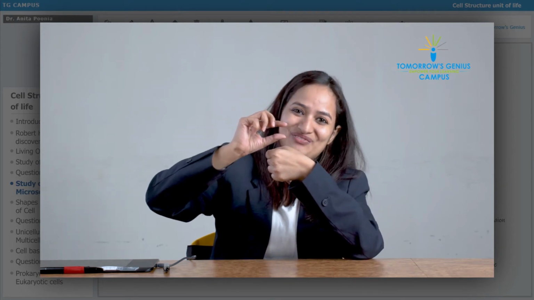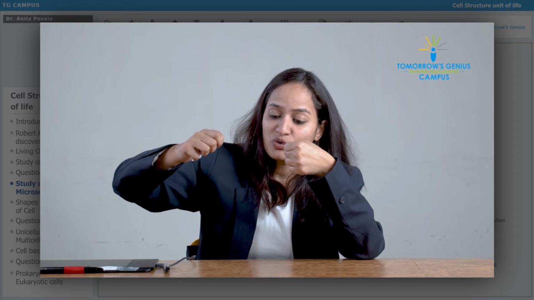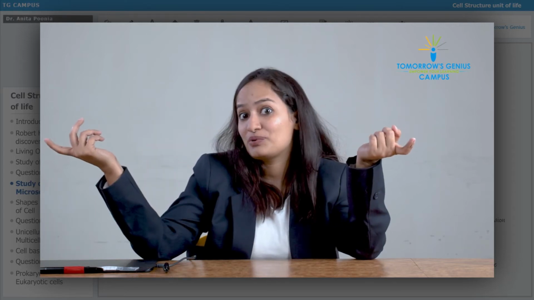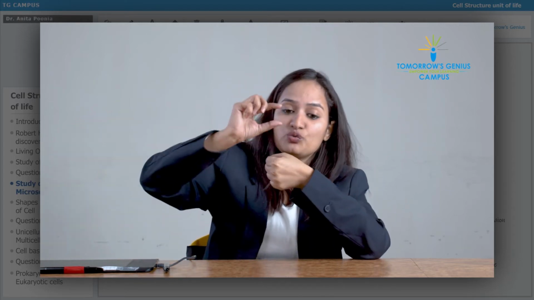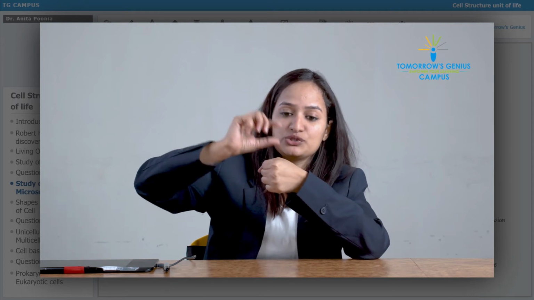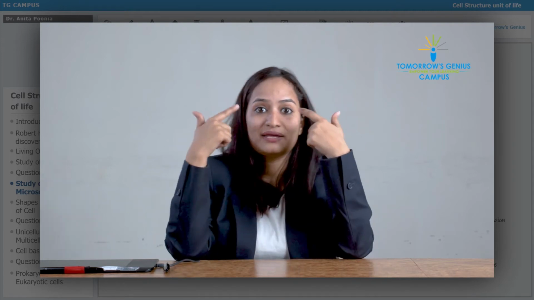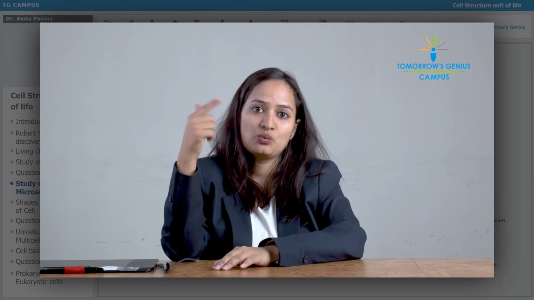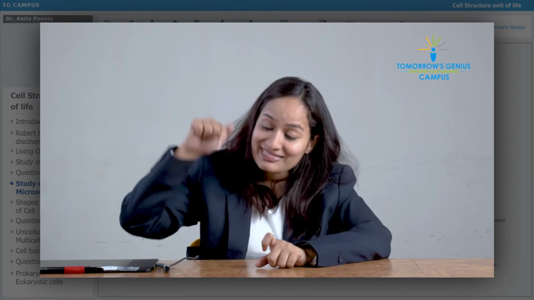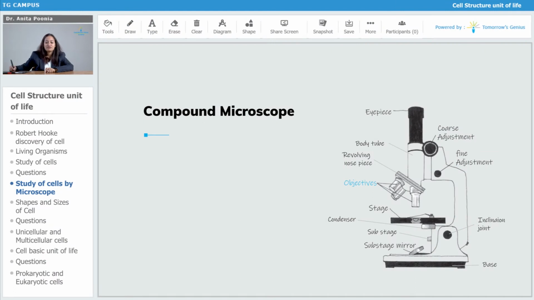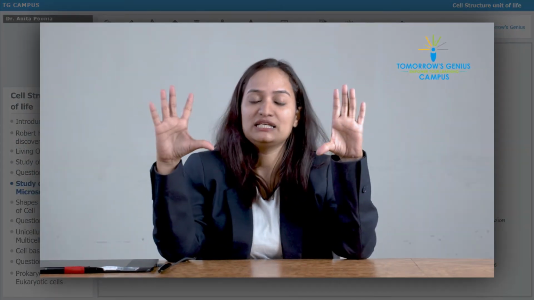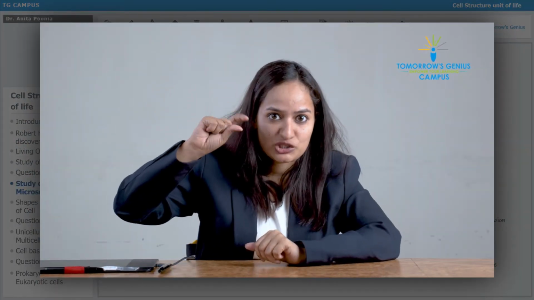You have to be very careful. If you try to move it a little more down, you might end up breaking the slide. You don't have to do that, so you will be very careful. Once you are able to see something blurry with your eye, you will stop there, and then start using your fine adjustment knobs. Fine adjustment knobs do not move like the coarse adjustment knobs. They move very gently and cover very small distances. To make the image very clear, you use your fine adjustment knobs.